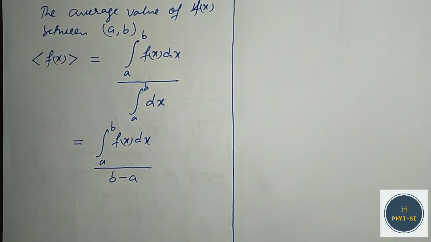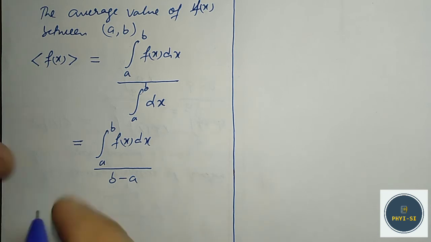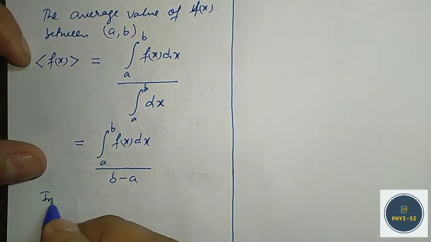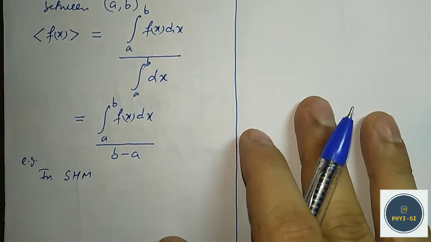So our function can be dependent on time or some other variable. In physics we generally deal with functions which depend on time, and lots of functions are of trigonometric nature. So let's say we have simple harmonic motion. For example, in SHM, which is called simple harmonic motion,